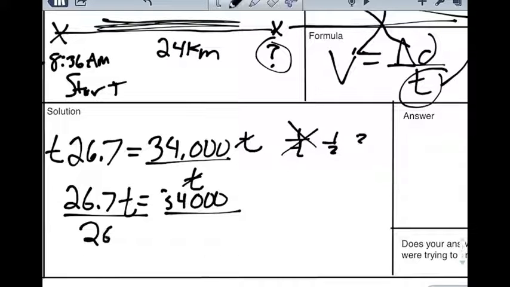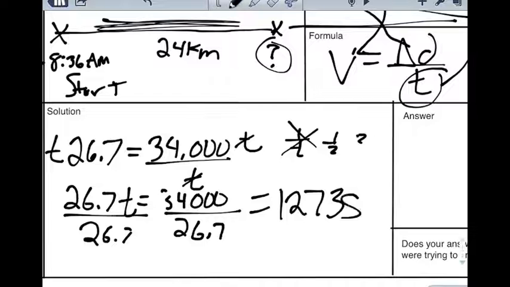You divide both sides by 26.7. And when you take 34,000 and you divide it by 26.7, you get